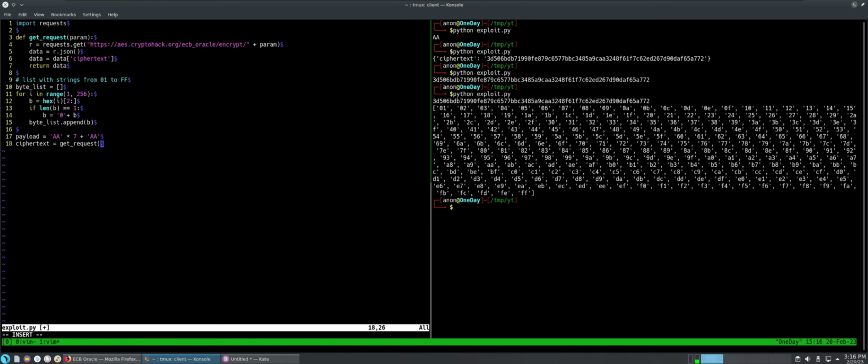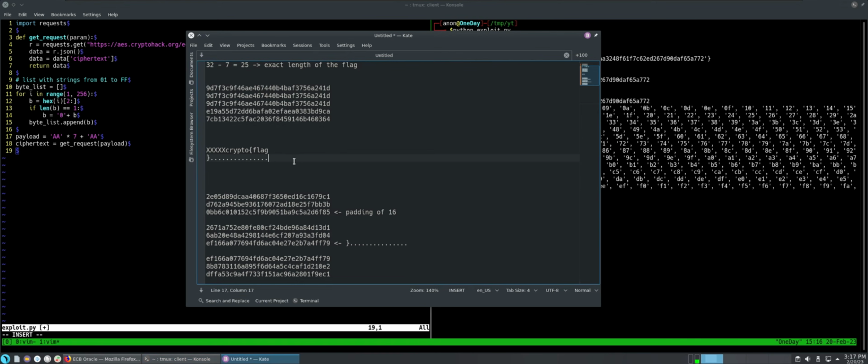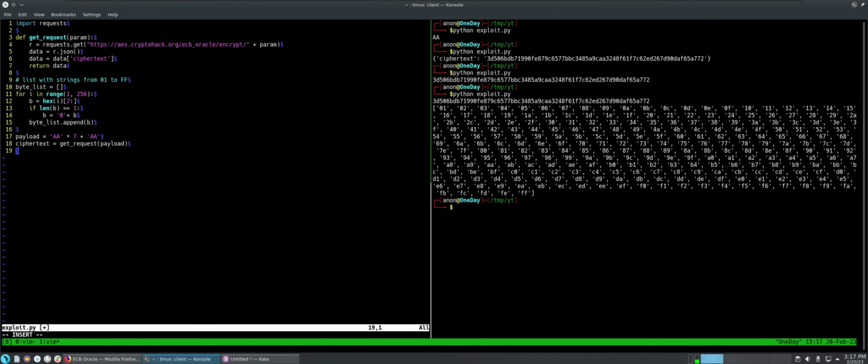We use the request function, pass in the payload, and we want to get the last block. So if we get ciphertext like this, we are trying to get the last block from the ciphertext. So let's do last block, and we're gonna get the last block. So this we get the last 32 bytes of the data,